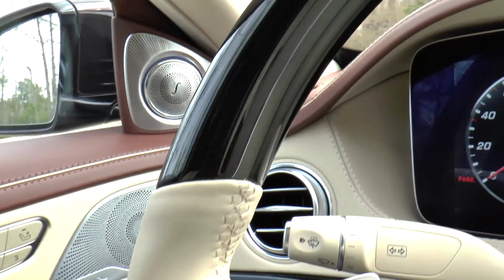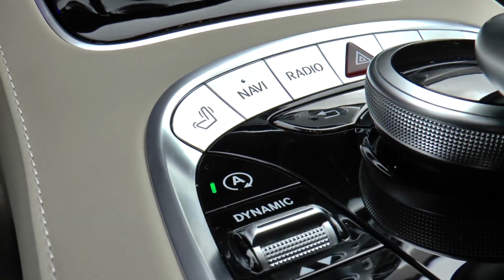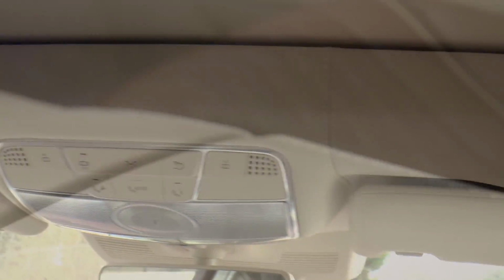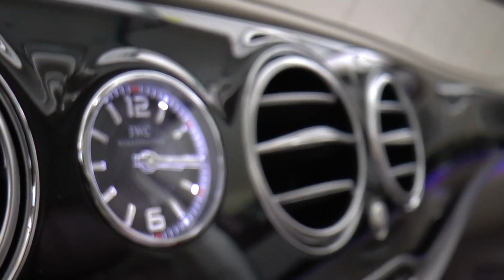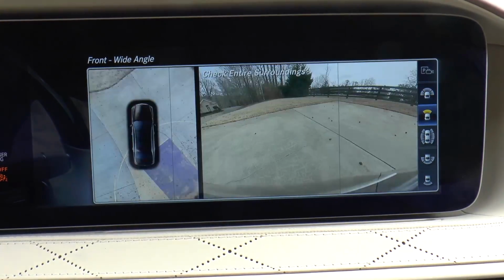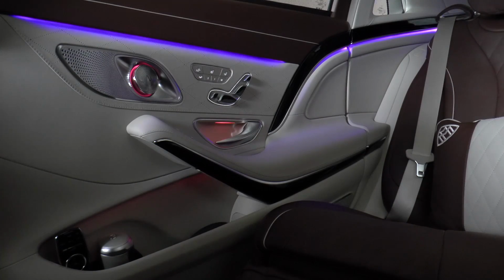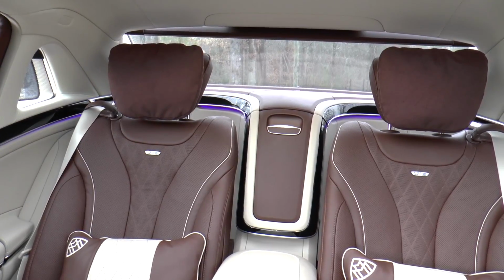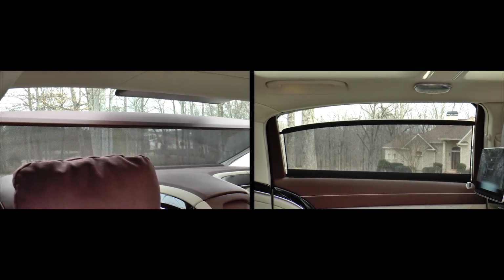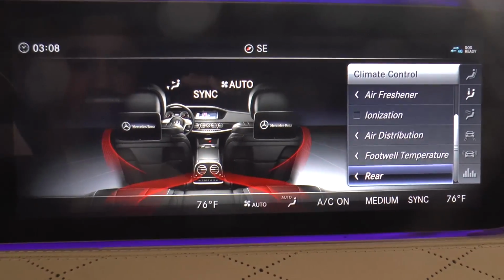Inside, there's a wood and leather steering wheel, touch control buttons, Eco Start Stop system, advanced instrumentation and controls, Nappa leather ceiling, door sill, and console trim, IWC Engineer analog clock, Night View Assist Plus, surround view system, 64 color 3-zone LED ambient lighting, easy adjust rear seat head restraints, power sunshades on rear window and doors, 4-zone climate control, air balanced cabin fragrance system,